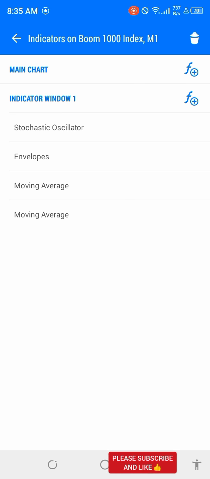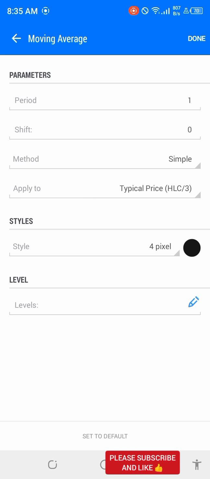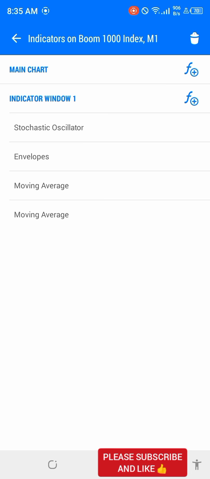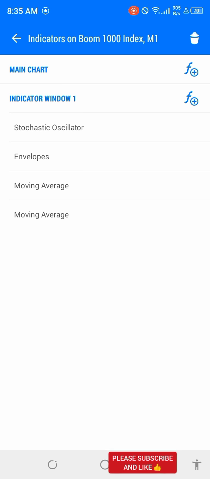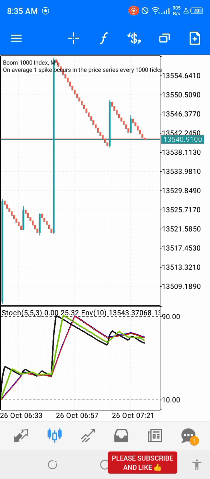Now our moving average, which is our 10 indicator: period 1, shift 0, method simple, apply to typical price, 4 pixels, black. Our last indicator, the moving average 5: period 5, shift 0, method simple, apply to close, 4 pixels, light green. So before I continue,